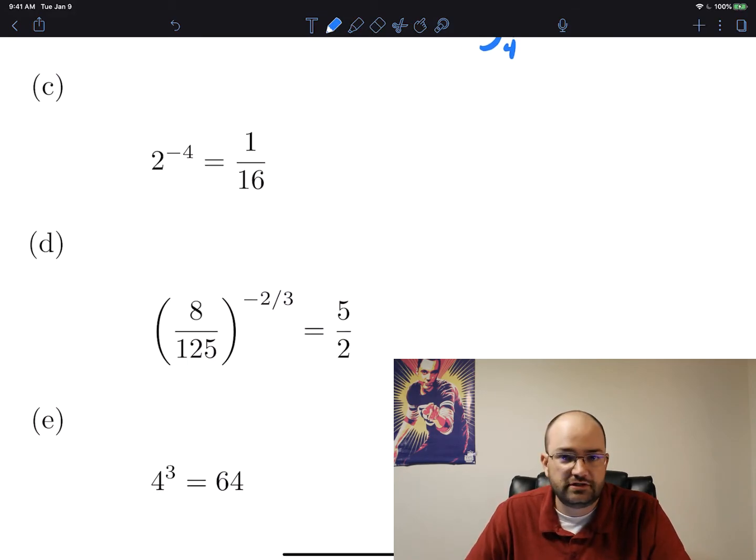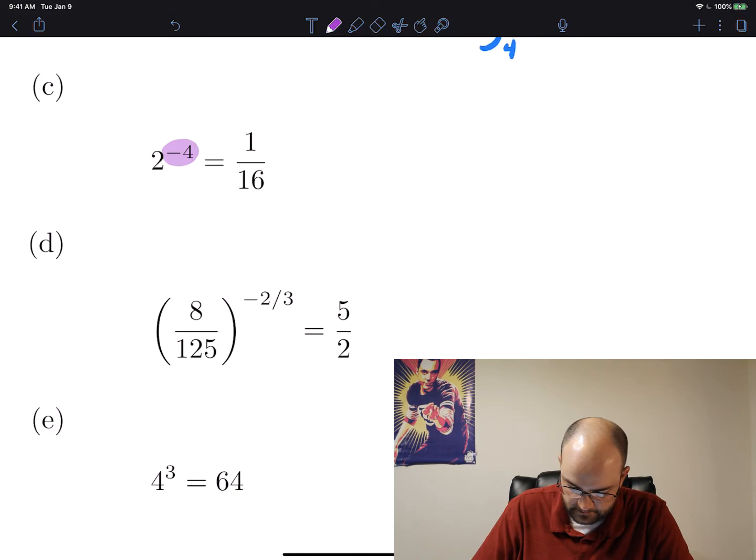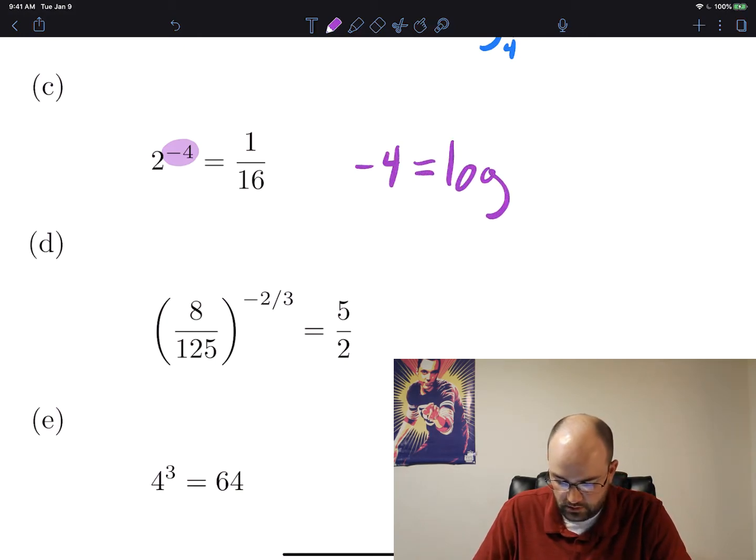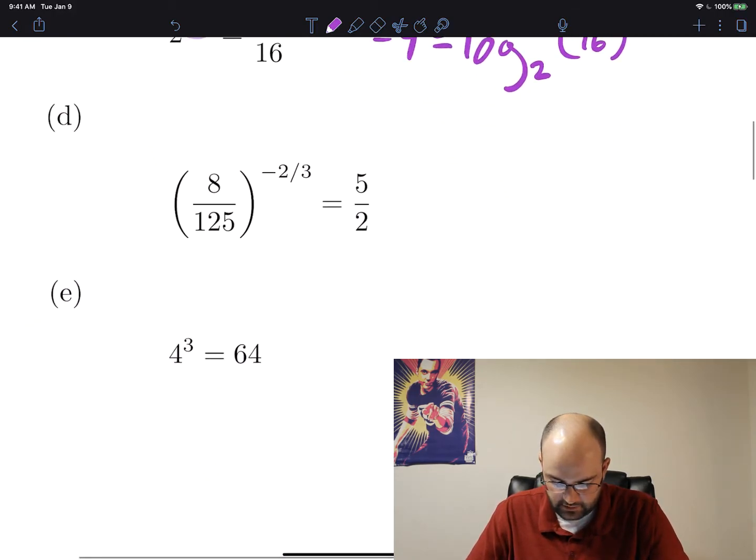C, 2 to the negative 4 equals 1 over 16. The exponent here is negative 4. So negative 4 is equal to a logarithm with a base that is the base of the exponential, which is 2, written as a subscript, of 1 over 16. That's pretty much it. Letter D,